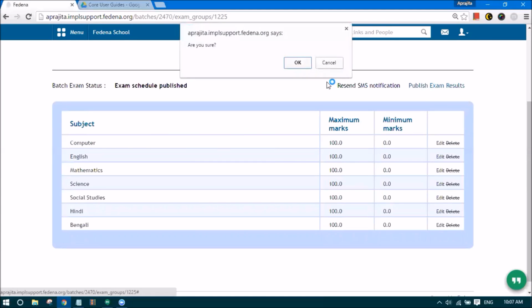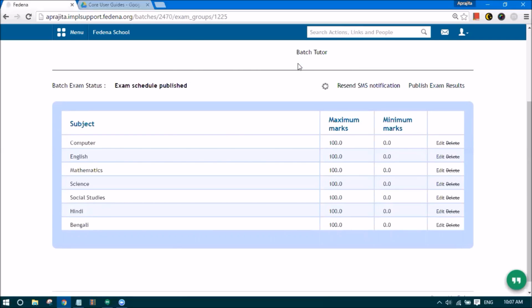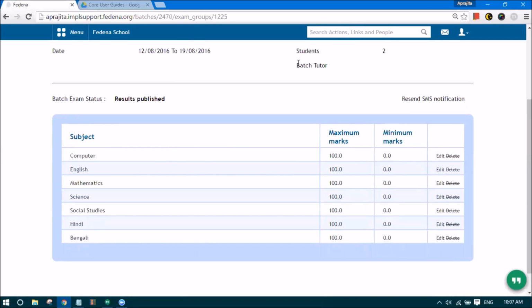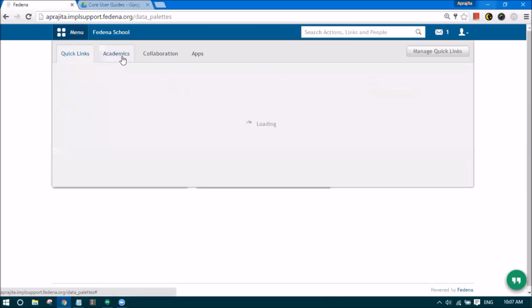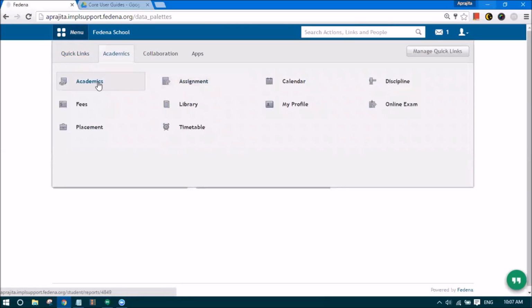So when I click on publish exam result, again an SMS is sent, an email is sent, as well as an internal message will be sent that the exam is published and they can check the same in the exam report. So let me log in as a student now. So here S104 was the student of grade 7 and I can check while going to academics. This is where the reports will be available regarding